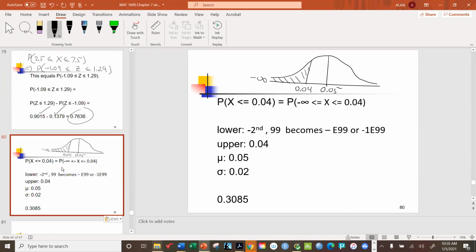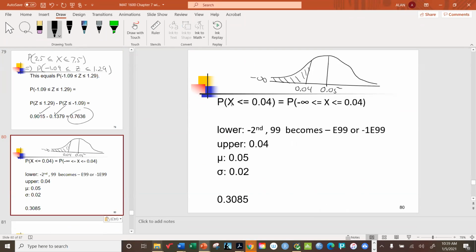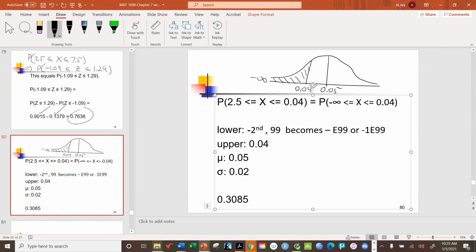Okay, so we already know that it's approximately 0.7636. Now, if we do it with the calculator, we'll probably get a slightly different number because, again, we've been rounding based on the charts. So here we've got 2.5 up to 7.5,